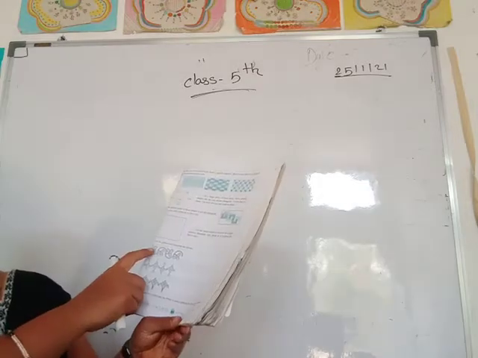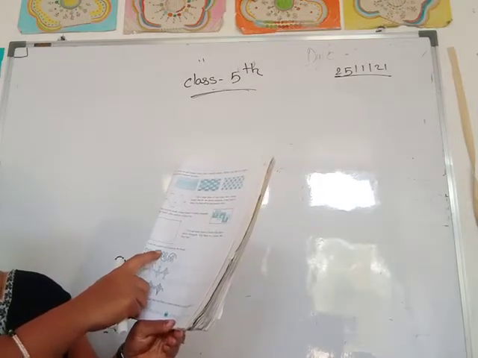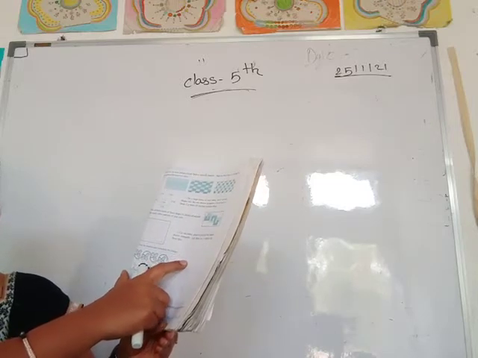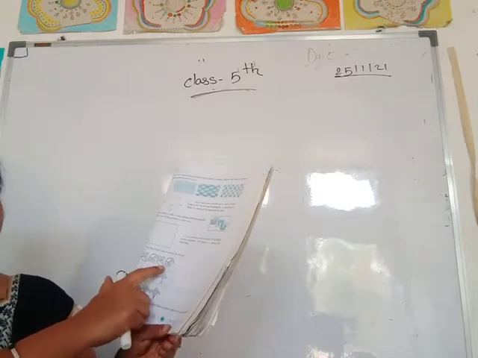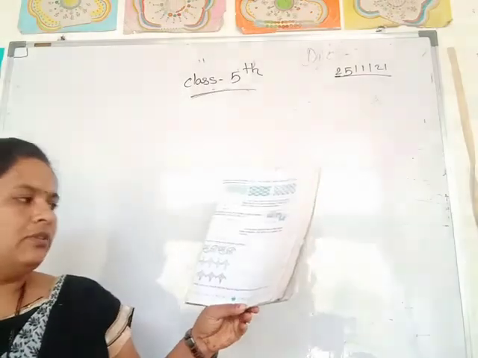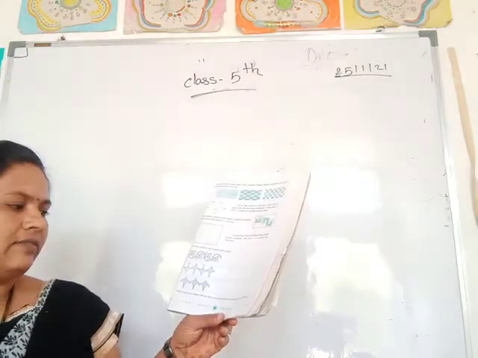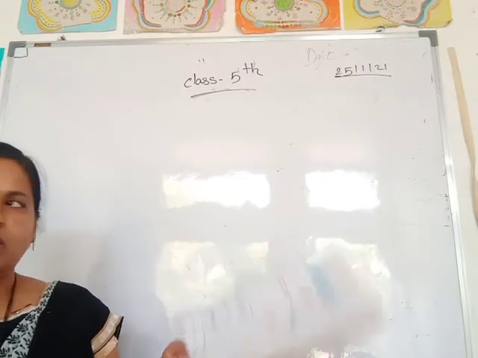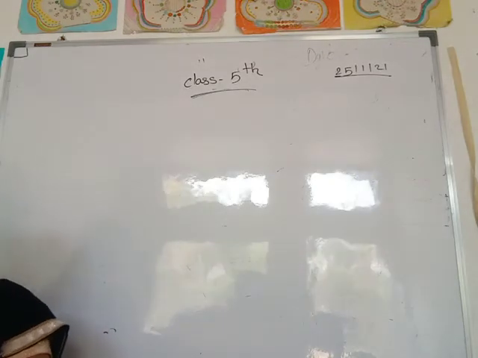See these flowers here: this type, again below, again upside, again below, again up, again down. This type of pattern you draw in your notebook. Then the second one and third one also, you see, and as the pattern is, you draw it and make a design in your notebook. Here this pattern chapter is completed. In homework you complete this page number 85.